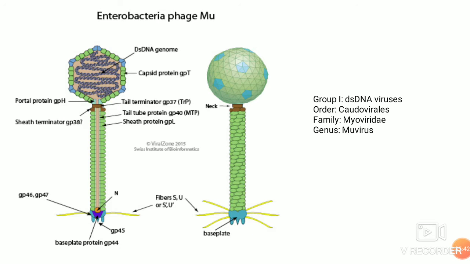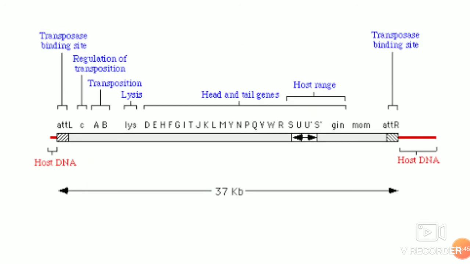The genome here is a linear double-stranded DNA genome of 40 kilobase pairs encoding 56 proteins, with 50 to 150 base pairs at the left and the right. For example, at the right and the left you have host DNA which is carried by this phage. The left may include 50 to 150 base pairs of host DNA, and a variable amount of DNA can be at the right side. It can go maximum up to 2 kilobase pairs, because of the headful packaging mechanism of the Mu phage.